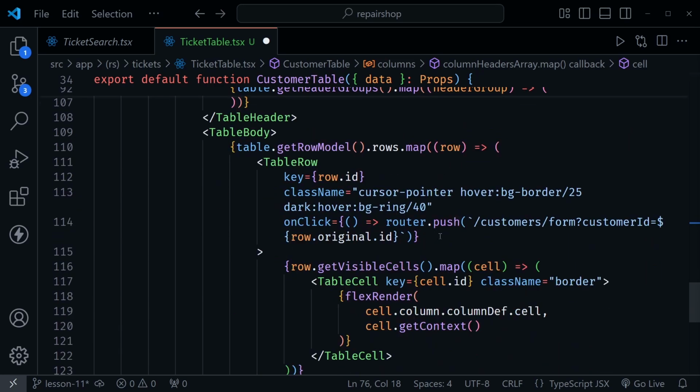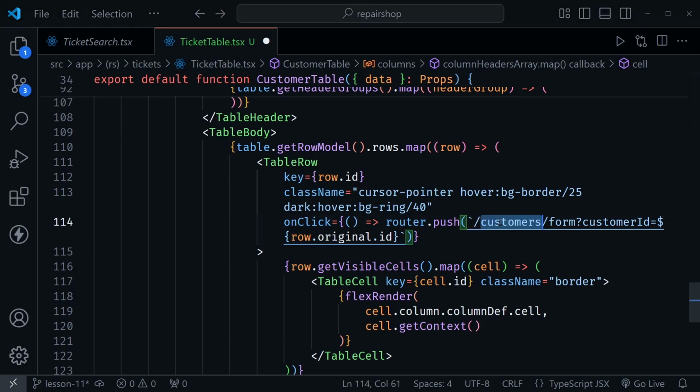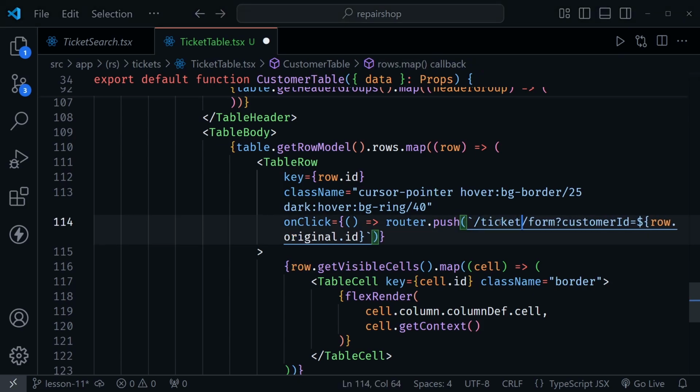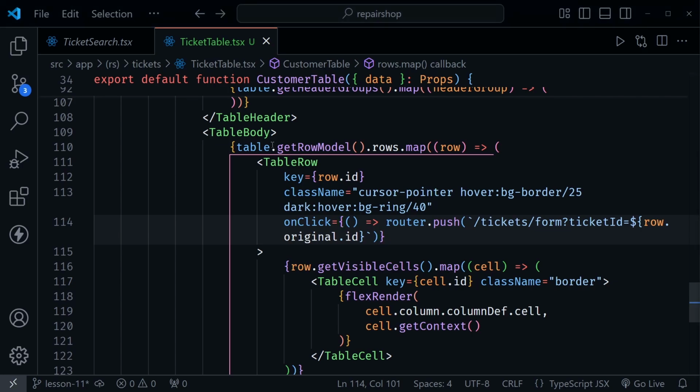Remember, we're linking every row to the edit page. So here we don't want to link to the customer's edit page. We want to link to the tickets. So we'll go to /tickets/form, and we'll have ticket ID as the param, and row.original.id is still exactly what we want for the value. Okay, with the final change made here in the ticket table, we're ready to look at the basic version of